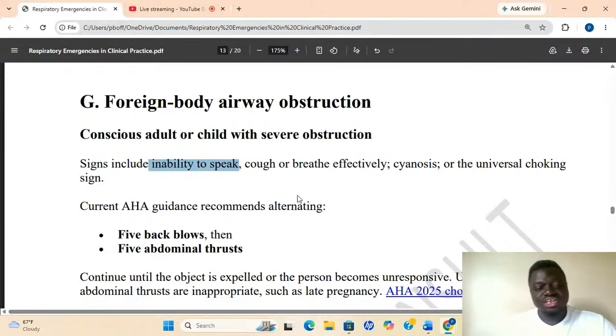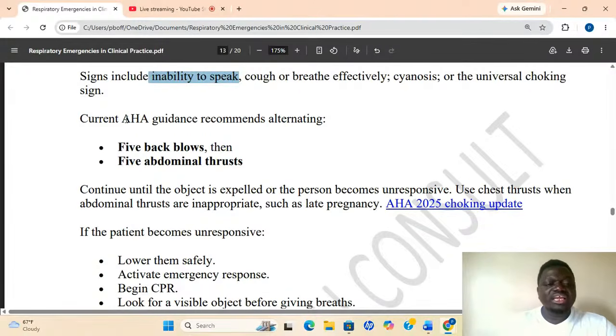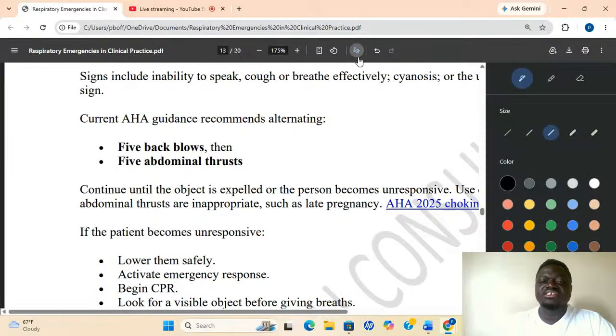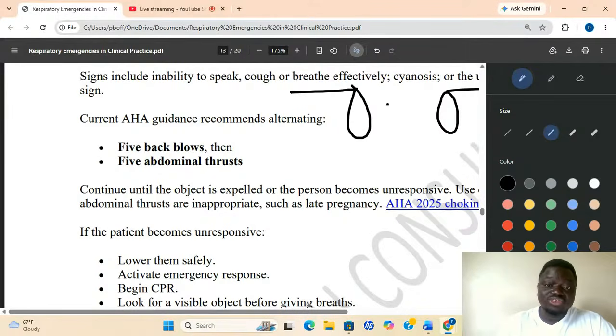So according to the American Heart Association, for adults you give 5 back blows, then 5 abdominal thrusts. Simple. So you strike in between the shoulder blades. You turn the back of the patient. This is your scapula, this is your shoulder blade. This is the bone that holds your shoulder. We call it the shoulder blade. In between,